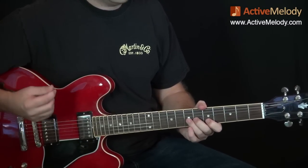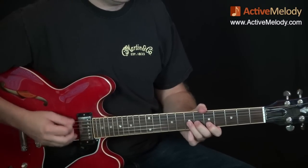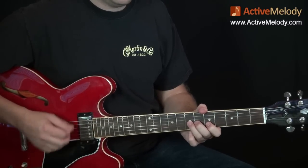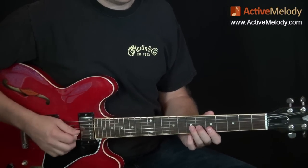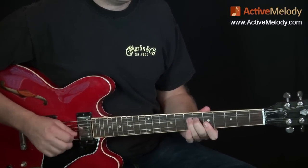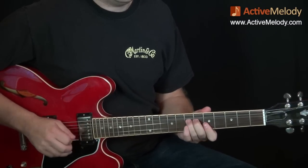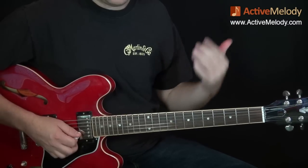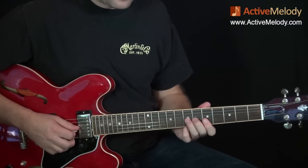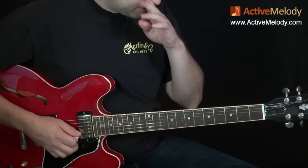Now when I'm demonstrating this, I'm using just all downstrokes. You could do a down, up, down, up, down, but for this kind of stuff, I usually just go to downstroke. It's just easier for me, because that also allows you to get back to that Chuck Berry thing. And that's hard to do if you're doing alternate picking. So, alright, so...